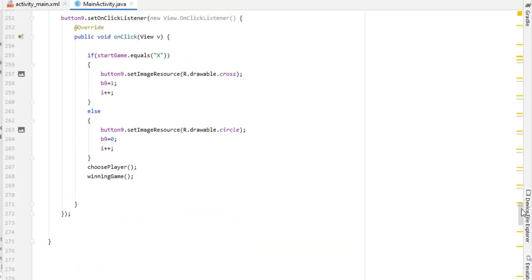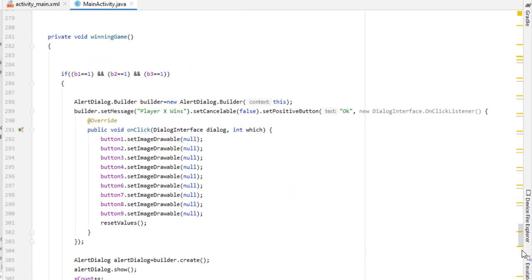But maybe if you have any query, don't worry, I am going to explain the whole code at runtime, because it is not possible to show the code here. So it is at runtime. After completing the whole code, I will run the app and then I will explain the whole code. So don't skip the video. Now this is for the b1 player, and now what we can do, we can simply copy this code.